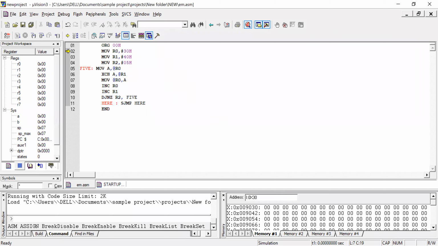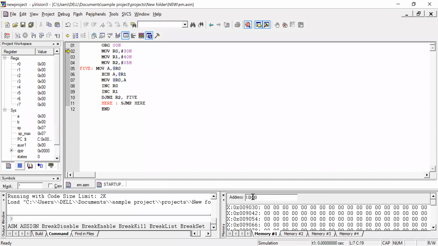See, for internal memory, you tell me what is the input for this program. We are going to exchange two locations, right? So for internal memory, you should type internal colon and then the memory address.